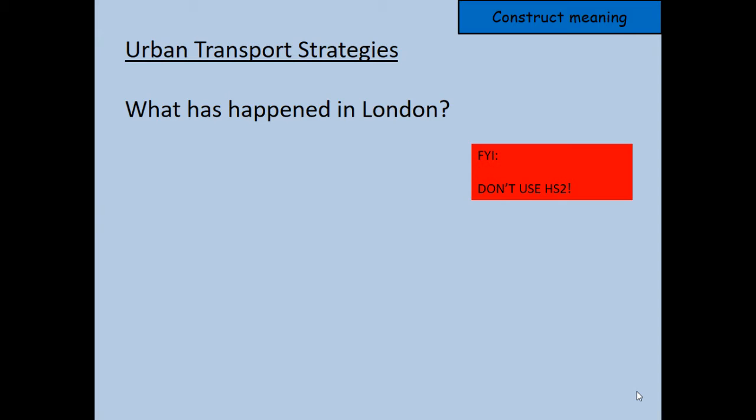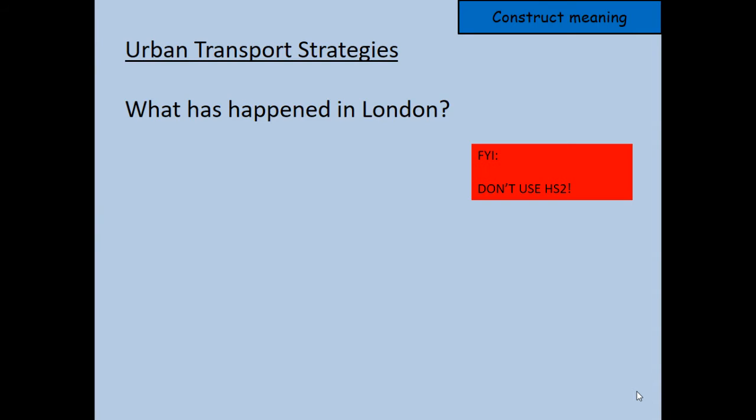But if you forget and you go, oh my God, I can't remember it, and you come out with London, then certainly you can use things like Boris bikes, those Santander bikes. You can use the tube, you can use buses, you can use Oyster cards and things like that. So we'll go through it. Just don't use HS2, because HS2 hasn't been built yet. When they created the spec for this, HS2 was going to be built, and now it's come to a halt. So don't use it, please.